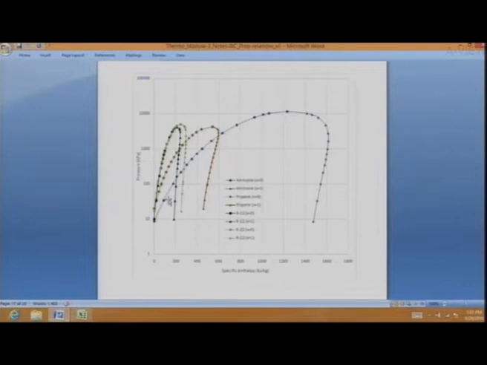On the left side are saturated liquid states for water. On the right side, sorry, this is not water, this is ammonia. This is for ammonia, and on the right side is dry saturated vapor state of ammonia. And then we have put other things here. So this side you have propane, and then we have R12 and R22 over there. So what we are seeing here is they all have the same shape, but in making this drawing, we have